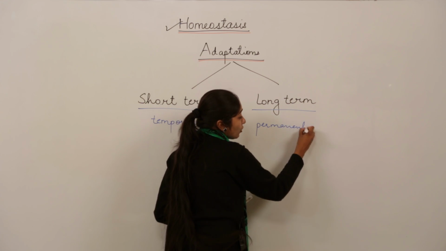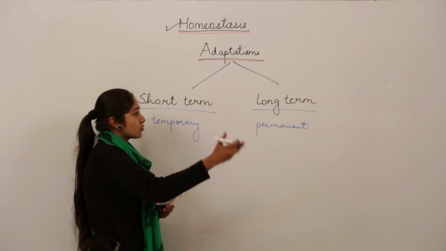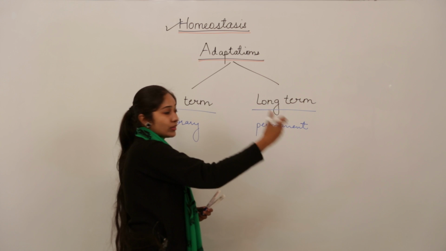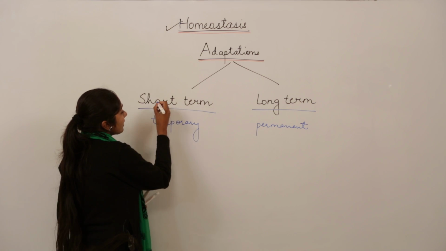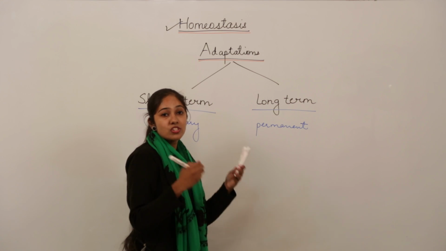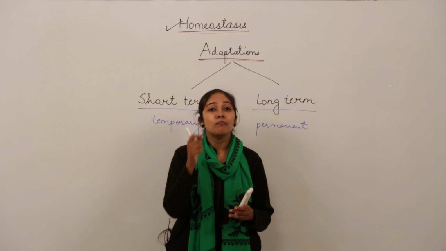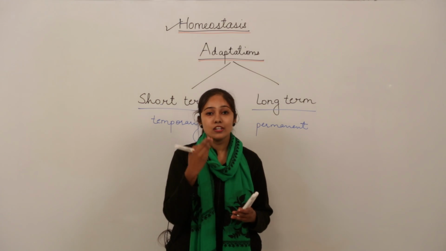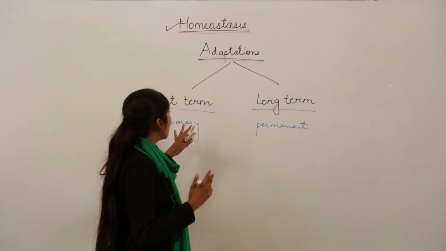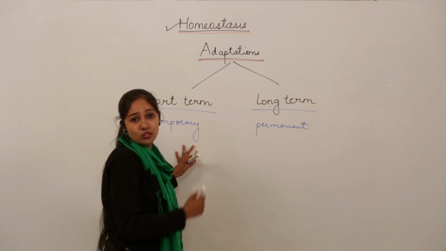Meaning they continue to be there in the generations to come, because they are passed from one generation to another, then to the next, and then to the next. So for example, if I talk about short term adaptations, when you stay outside in the sun for a longer time, there is development of a pigment called melanin on the skin layers of your face or your body parts. So that melanin generation is actually protecting you from the harmful UV rays of the sun.